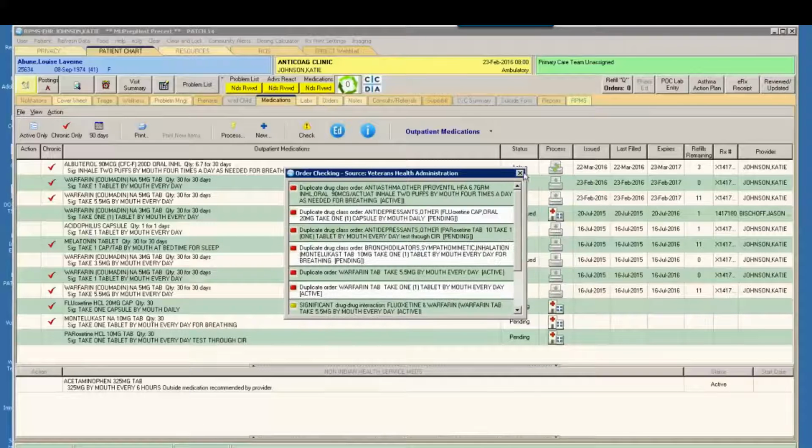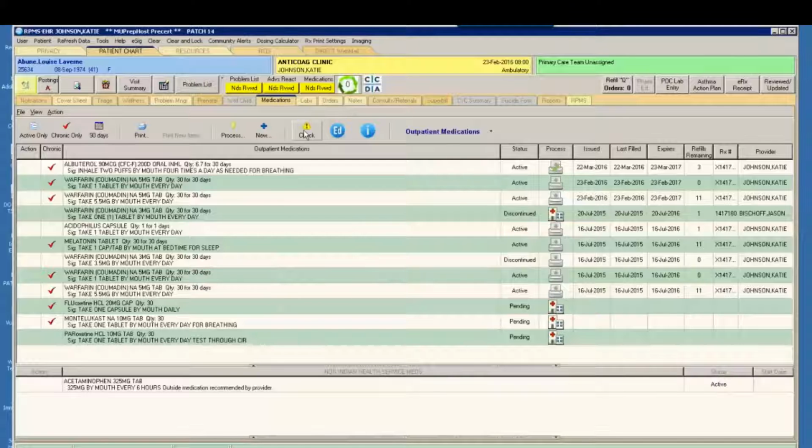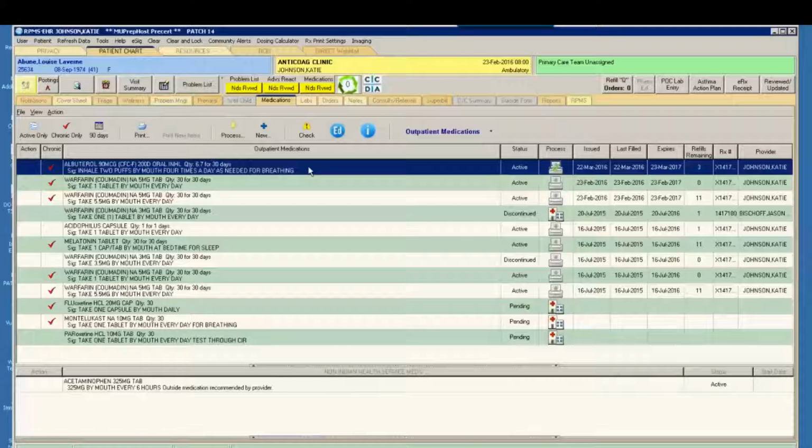These two buttons here are the education and info buttons, and if you select a medication and then click on it, it will give you an education resource online, the education resource being aimed more at the patient, and the I button possibly being aimed more at the clinician, but could be used in either scenario. And the education one will also